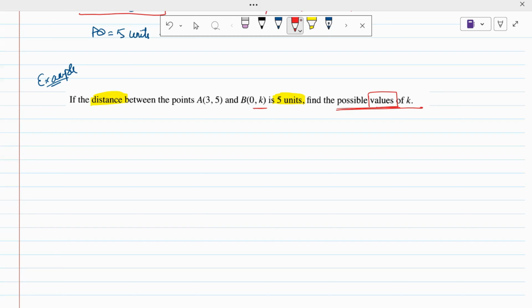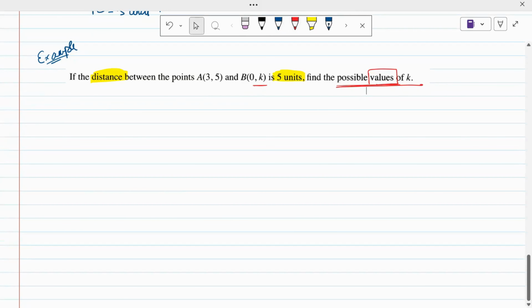Now let's start this question. Since the distance is given, you have to start with the distance formula, which is